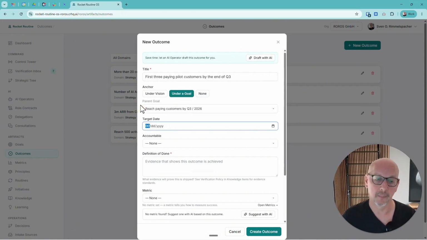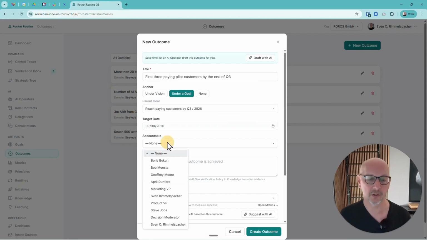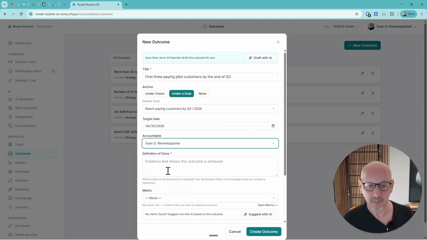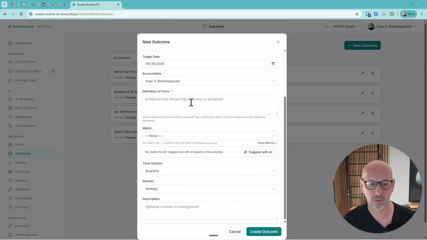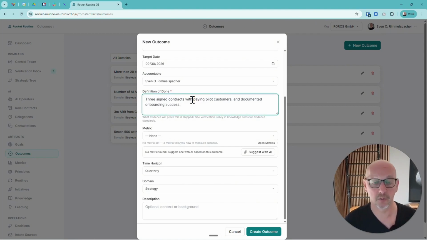And yes, of course, if I say here by Q3, then I could also pre-fill that automatically. We'll definitely implement these little details as well. Yes, and then the question is, what is the definition of done for this result? Now, in principle, I would simply say, well, it's almost trivial: 3 different contracts with paying pilot customers. And of course, they also have to have successfully